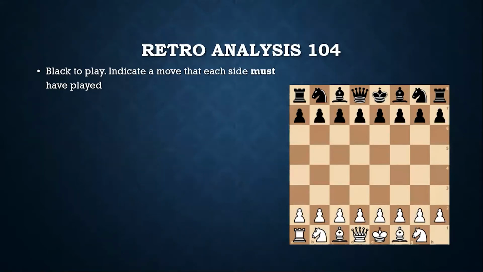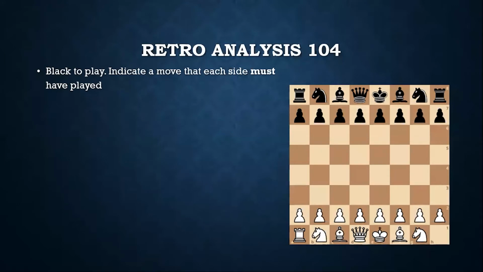So if we are being told that black is to play, which means that white has played the last move, which means that white has played one move more than black. Now if you look at the black lineup, it looks exactly like the starting position. So if the pawns have not moved, the only pieces which can move, it's not hard to see, are the knights. The knights can come out and they will make one space for the rooks to toggle back and forth. So the only pieces which can move are the knights and the rooks, and they both preserve parity if they are coming back to their starting position in this way.